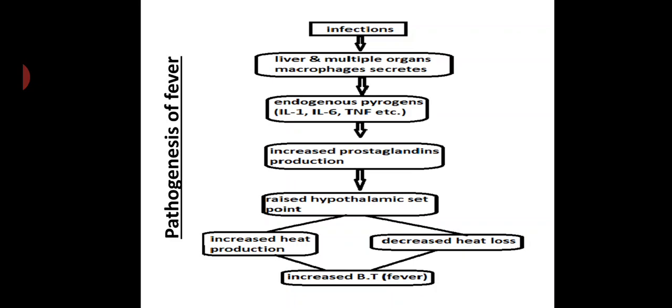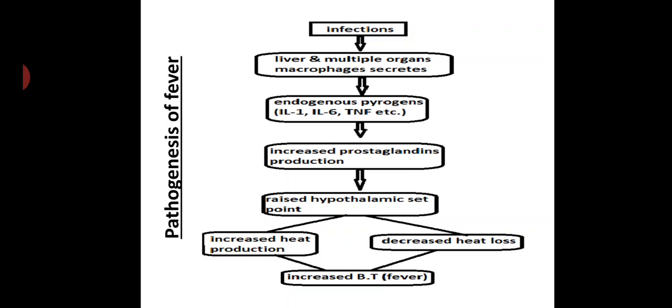So you may have discussed these pyrogens in blood lectures under the heading of cytokines. Mostly they are liberated by WBCs, various types of white blood cells. Now what these pyrogens will do, they will increase the production of prostaglandins, and these prostaglandins will act on the hypothalamus and modify your set point. Now your set point of 37.1 is disturbed.